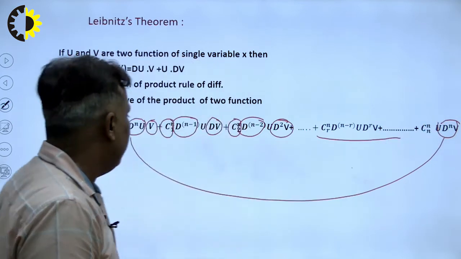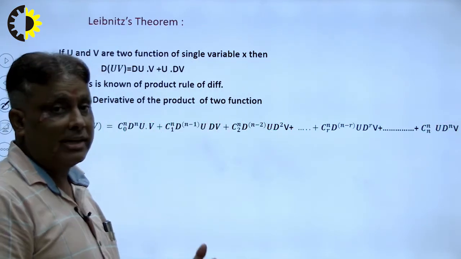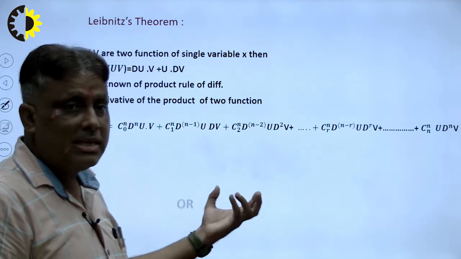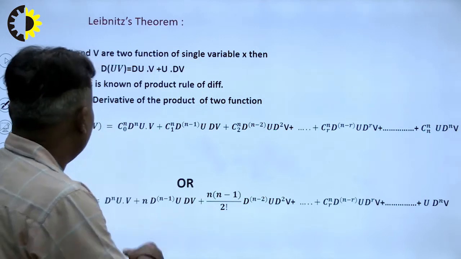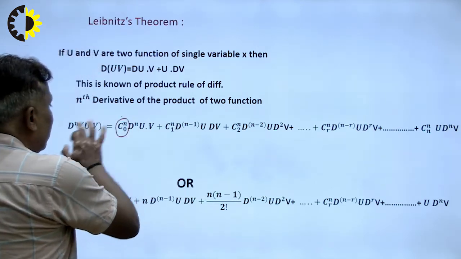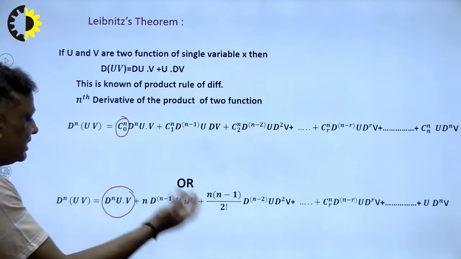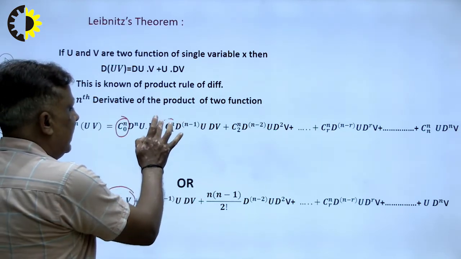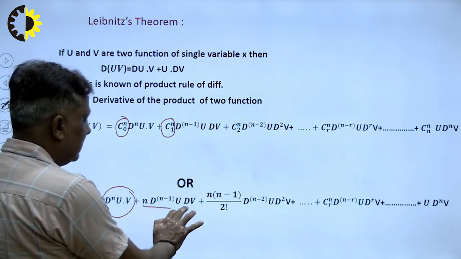So in this way we can say that the Leibniz theorem plays the most important role for the nth derivative. We can simplify it in an easy way. The other thing: what will be nC0? That is 1, so I write 1 here. This is the first step. Next step, what is the value of nC1? Right, nC1 will be n, so I write it here.